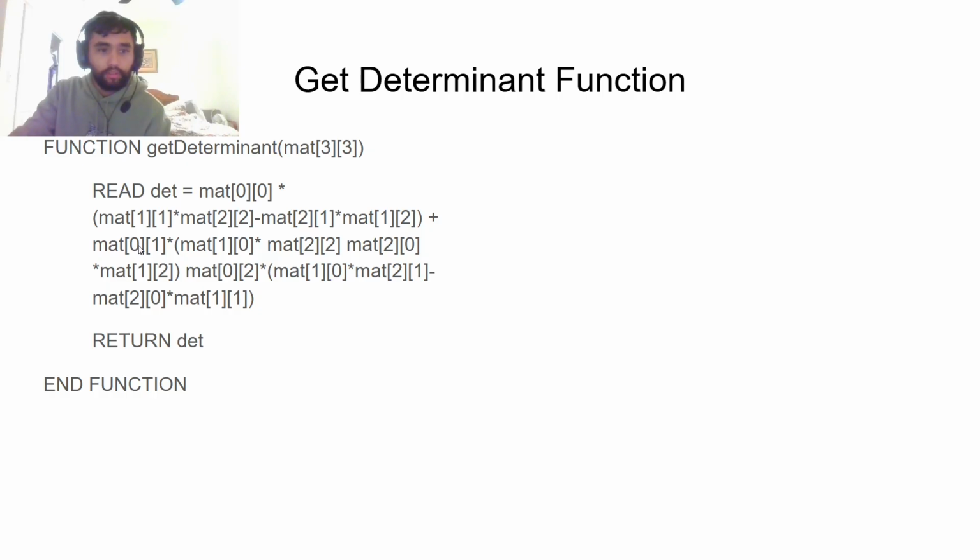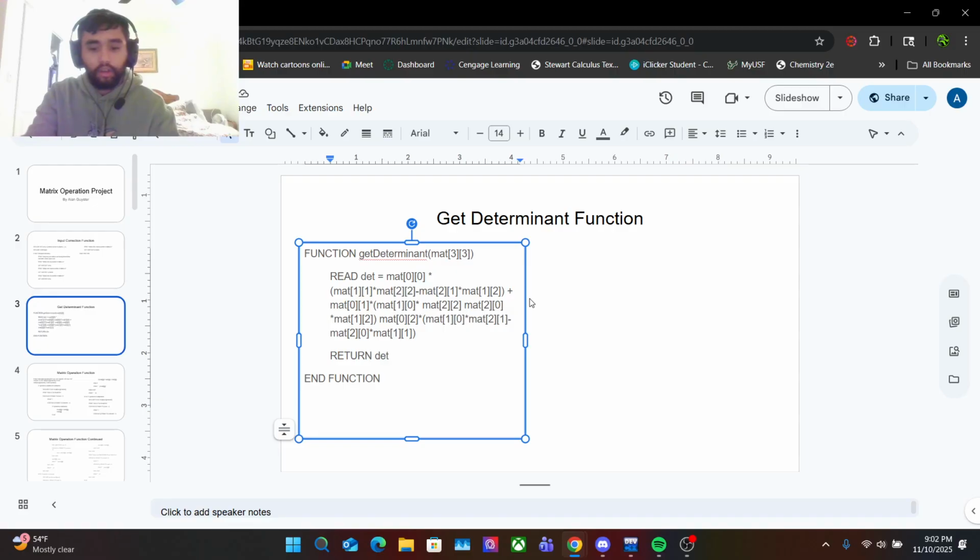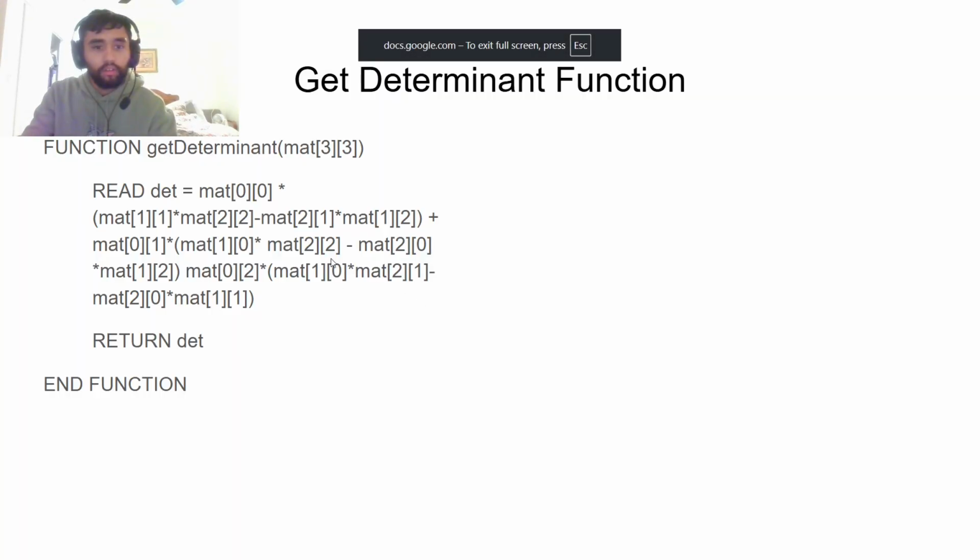first row, zeroth row, first column, times the quantity. This would be first row, starting from 0, on the middle of the left column, times the, oh, I forgot a subtraction here. There's supposed to be a little subtraction symbol here. One second, let me just add that here. Anyway, so this value times the bottom right corner minus the bottom left corner times the